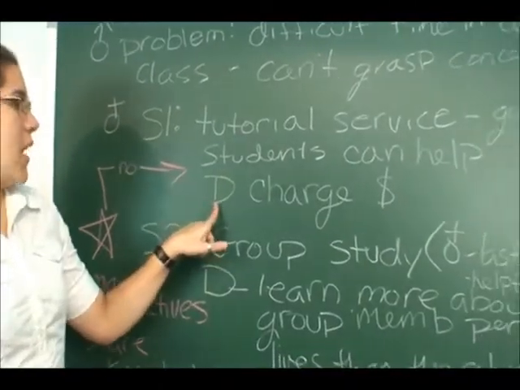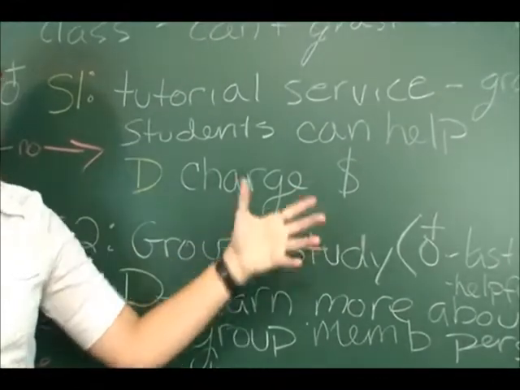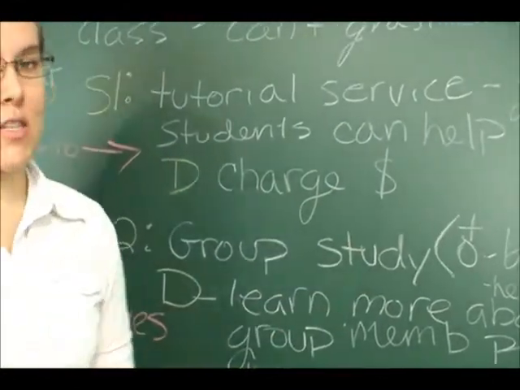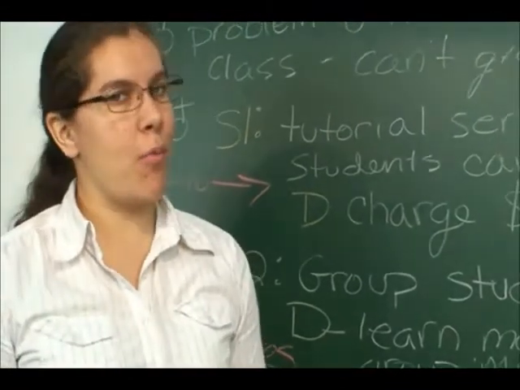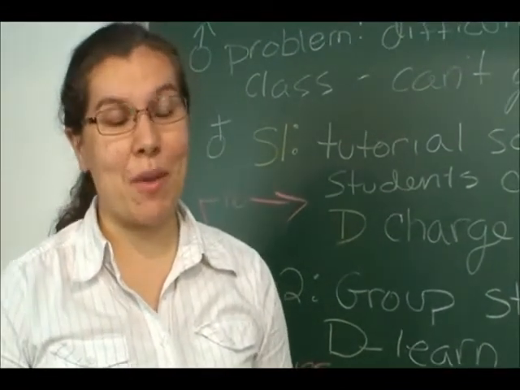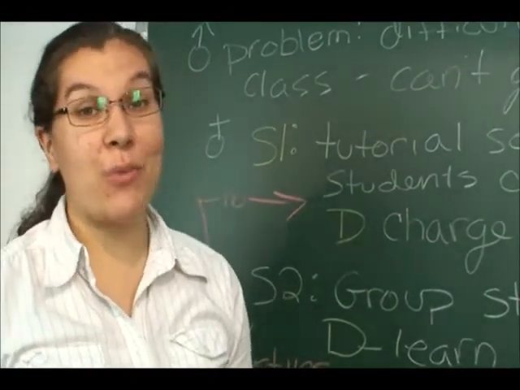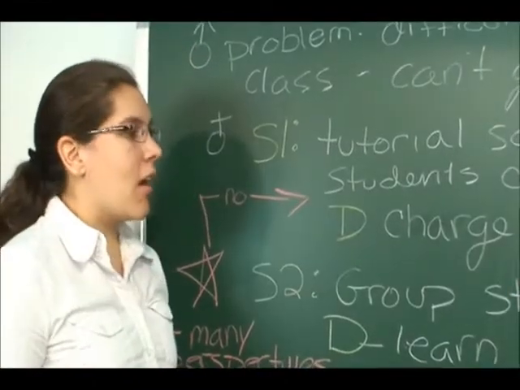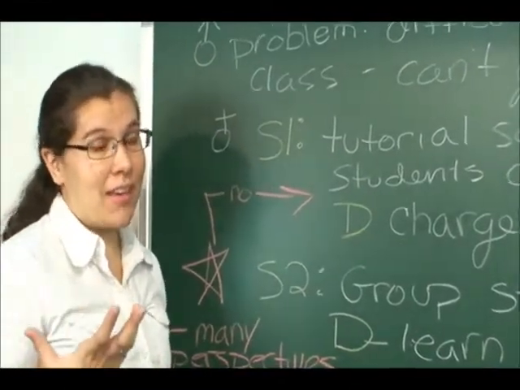The dilemma with this, however, is that they charge money. Because they're grad students. They need to make a living somehow. They're very poor. And this is one way that they can make money, so they're going to charge a fee. So the man is not sure he wants to pay a fee.